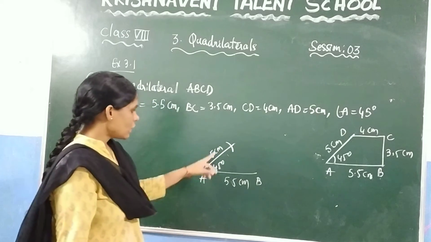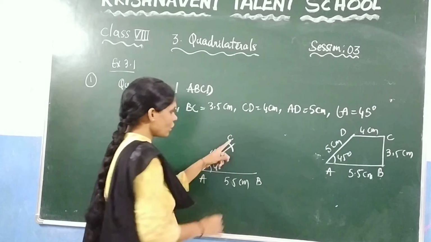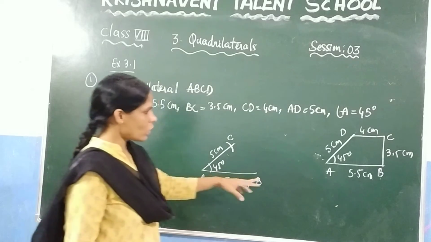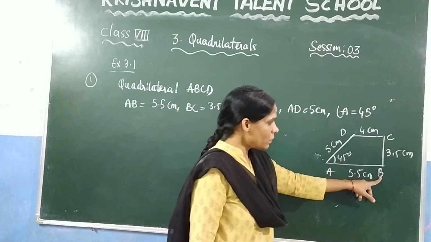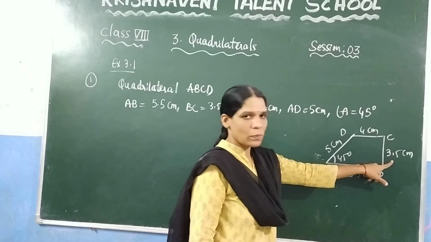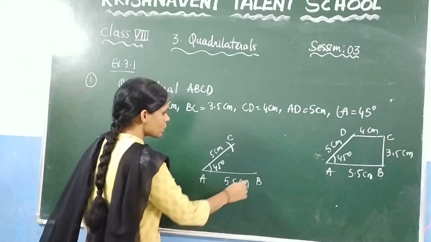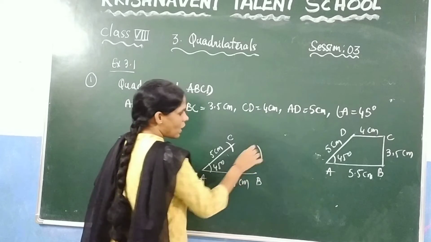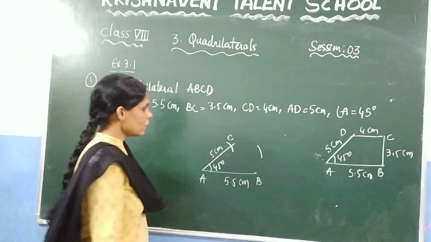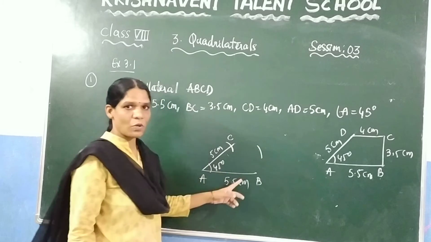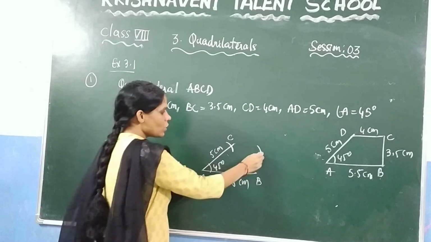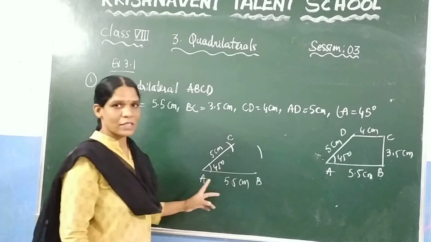And after that we have done the length of AD. Now what we need to do, they have given the length of BC. So at the point B, you need to draw an arc of 3.5 centimeters. So at this point, you need to draw an arc of 3.5. And we know one arc, and you need to find the intersection point. If you know the intersection point, you can join these two lines so that you will get a quadrilateral.